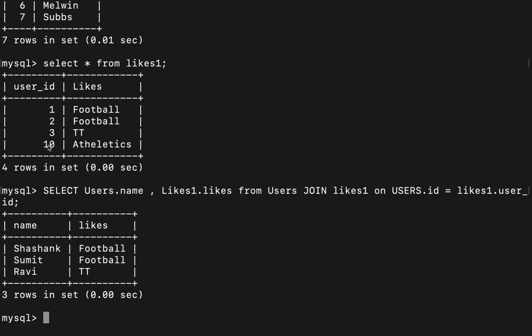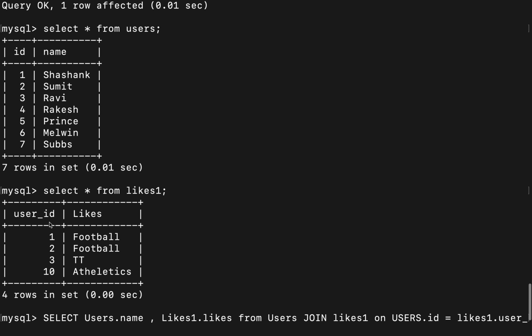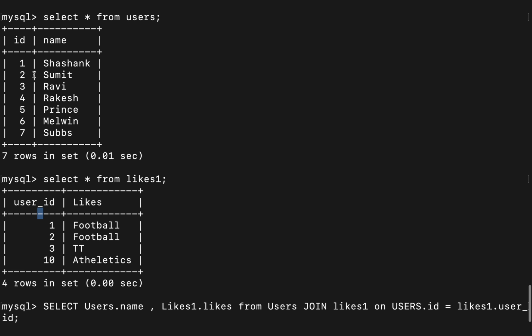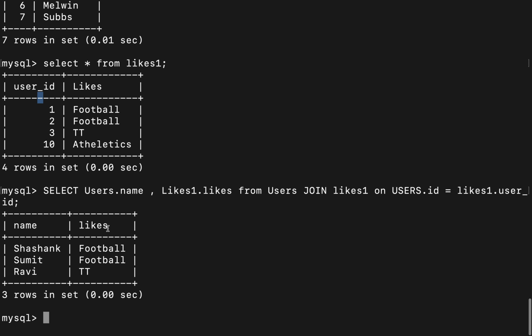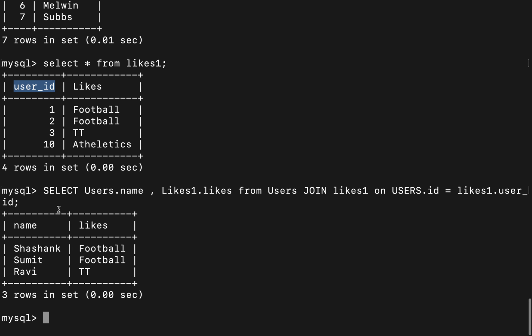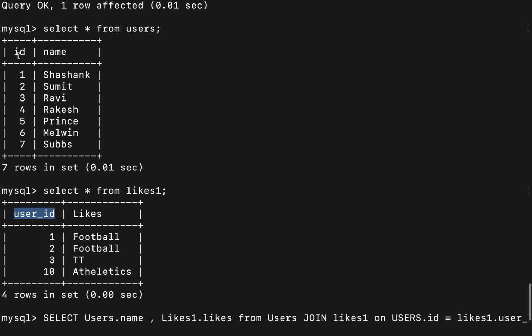So if you'll see, as I told you, the common thing is in this user ID, because I have performed join on ID and user ID. This is plain join, I mean normal join, inner join you can say, right? So 1 2 3 and 1 2 3, 10 is not there, so 10 is not included here. So here users ka name and likes ka like we are printing. So name and likes are printed, and we have performed join on ID and user ID. So inner join means the common thing in this ID and user ID, which is the intersection of two.